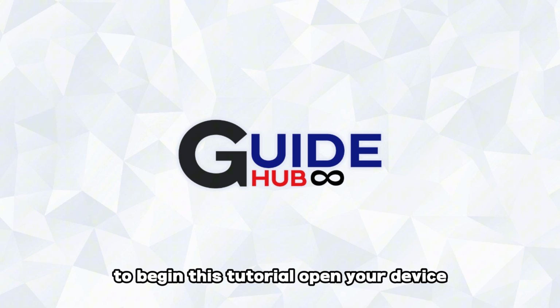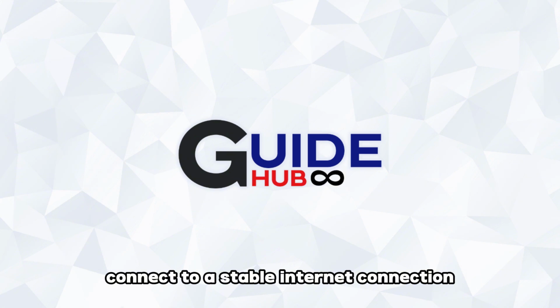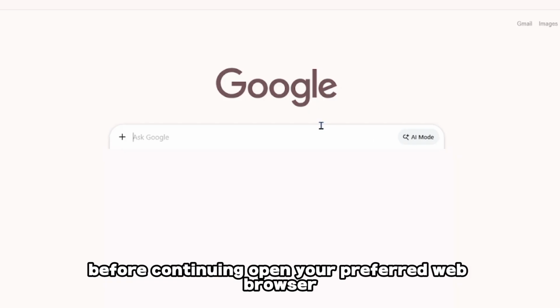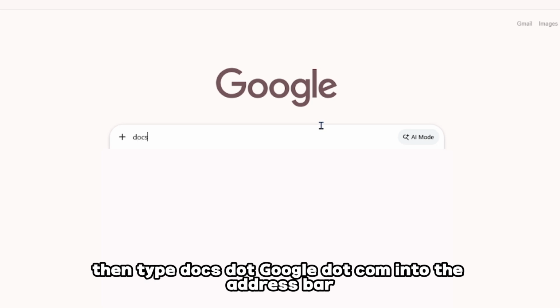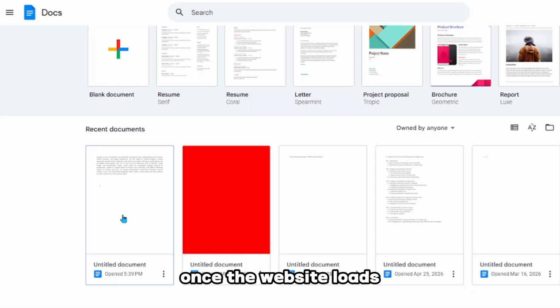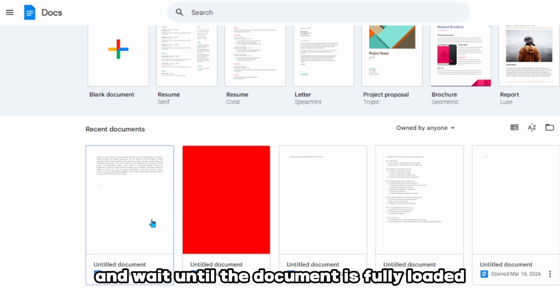To begin this tutorial, open your device and make sure it is fully ready to use. Connect to a stable internet connection before continuing. Open your preferred web browser, then type docs.google.com into the address bar and press Enter to access Google Docs. Once the website loads, open an existing document or create a new one, and wait until the document is fully